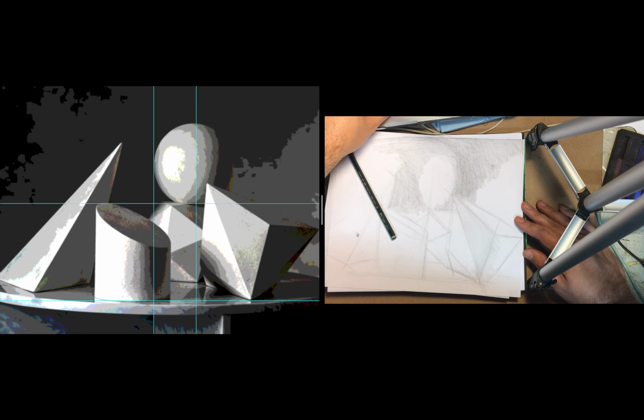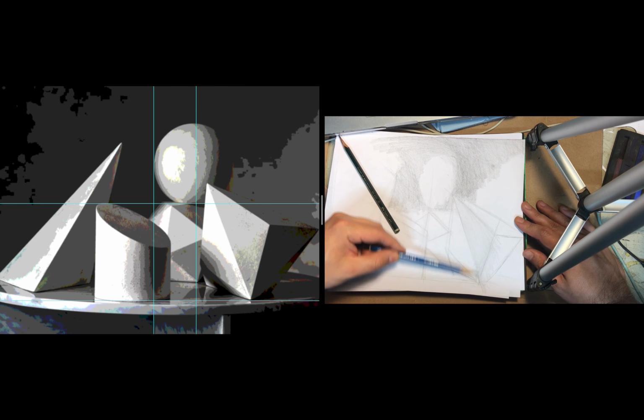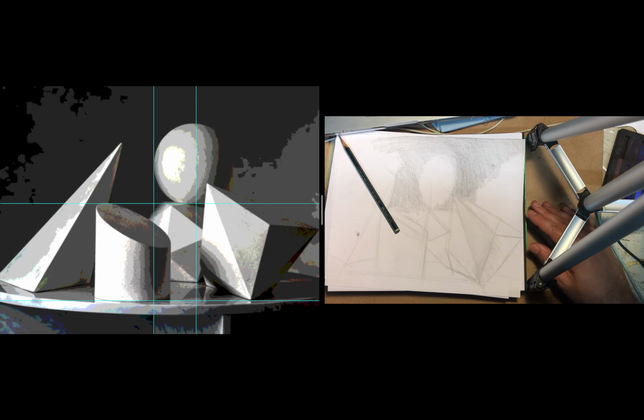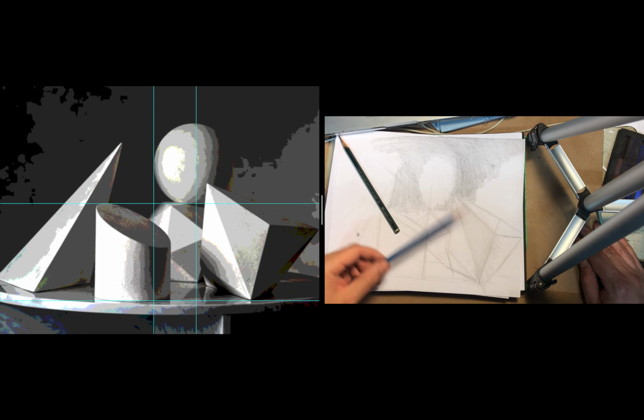And when I'm looking at both the posterized version and the regular photo version, I think I'm close. I'm not 100% right. That might be too light still. But here's the thing, you don't really know until you start filling in all the values. The minute I start darkening this, it's going to change my opinion of how dark this is, because everything